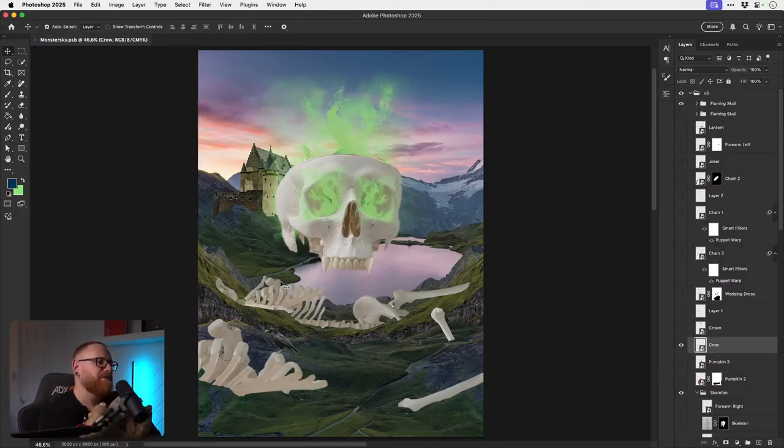Yeah, and now there is the floating skull. There is a composition, and I do like that composition. You can see the way it curves up at the sides as well. It's almost like framing, running around the skull. And the sky, that's really nice. If we're going with a darker nighttime vibe with green flaming fire, we could have a green sky as well, kind of like a similar color palette to the Monster Ski video.